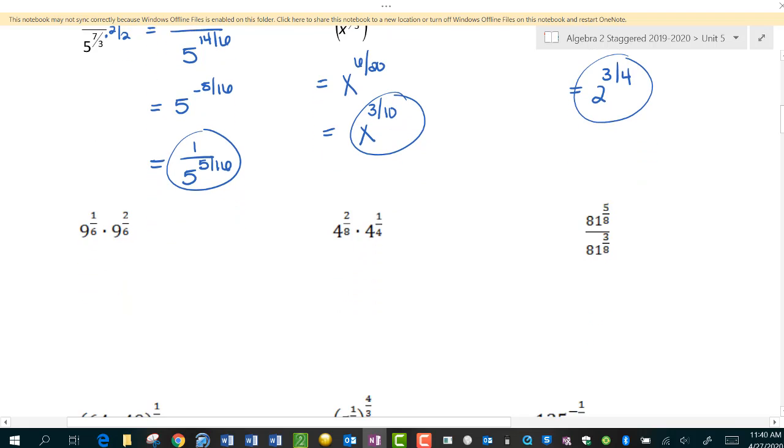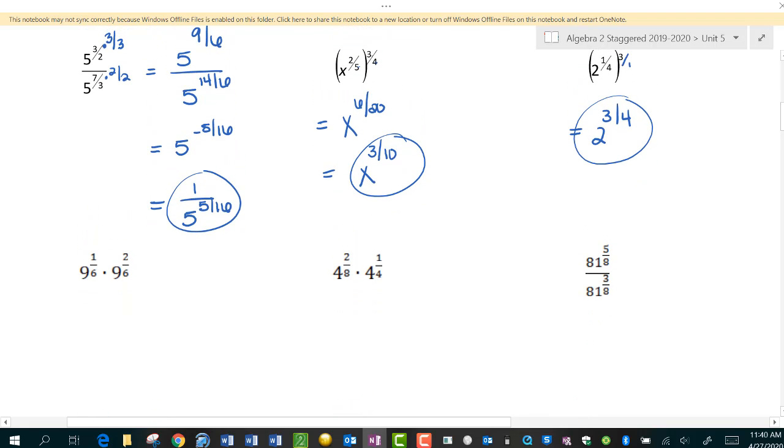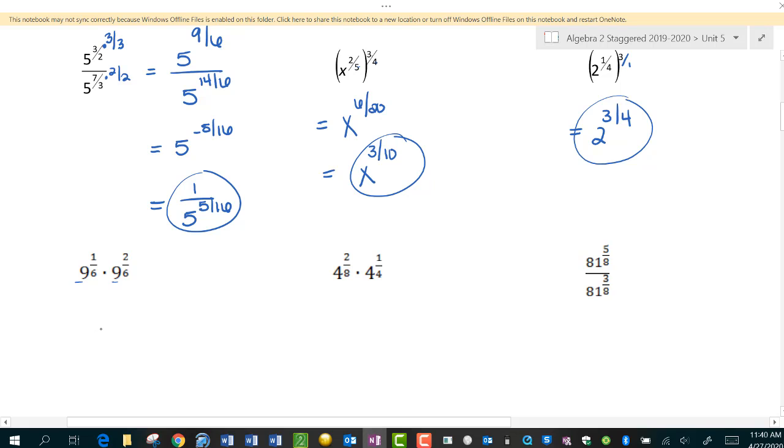Now, these next few are using the same properties we talked about earlier. However, we're going to actually evaluate, so we're going to take it one step further. So if you'll look here at this first one on the left, 9 to the power of 1/6 times 9 to the power of 2/6. I have same base. I'm going to add the exponents because it's multiplication. And I already have that common denominator, which is great. So when I go ahead and add these, I get 9 to the power of 3/6 or 9 to the